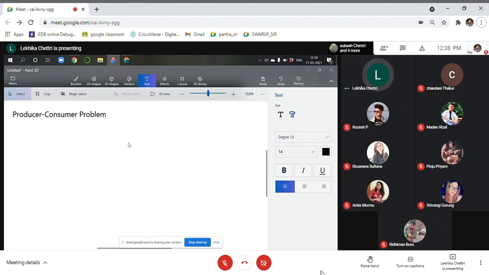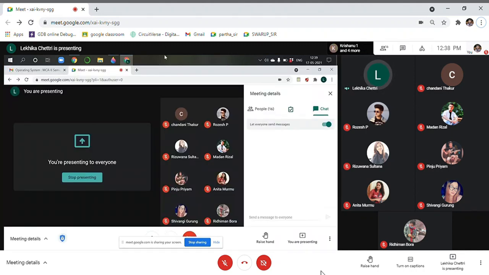So take down your aim. When it's about file writing, after I give you every program, you will jot down the aim. The aim has to be in the shortest possible sentence. For example, I'm teaching you the producer consumer problem, so the aim would be to implement the producer consumer problem for two processes. You're supposed to write it like this.